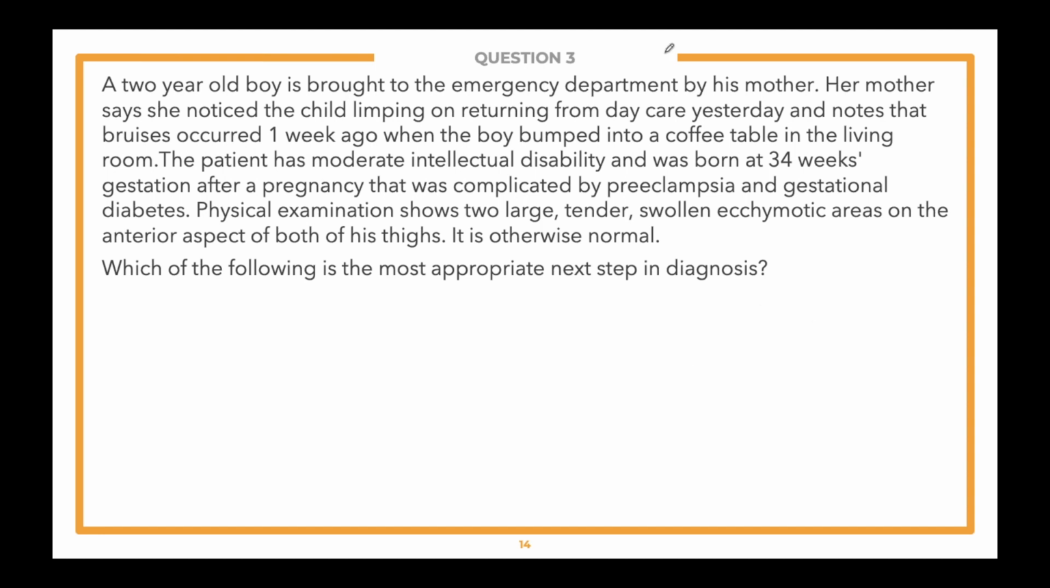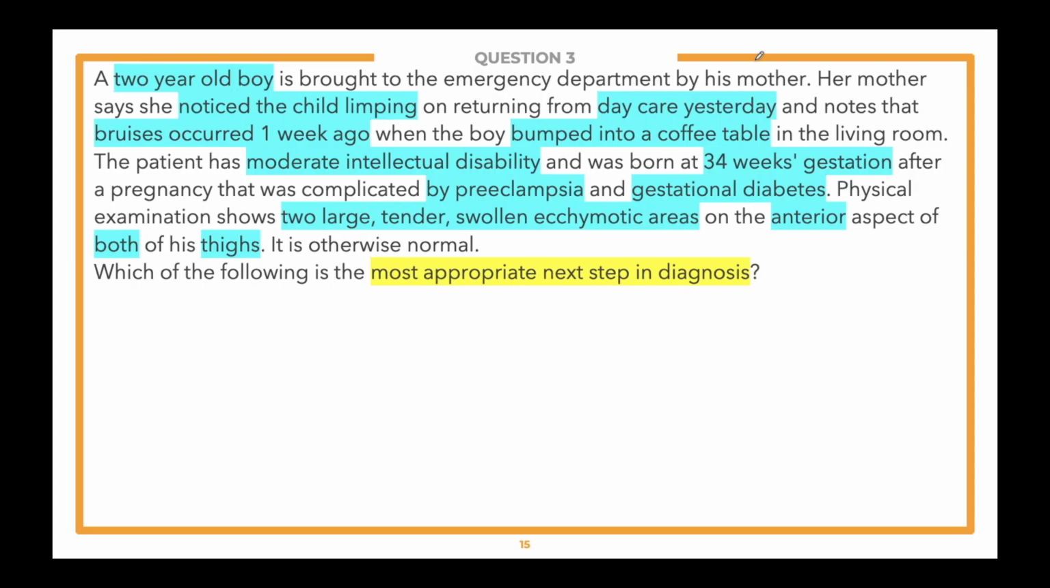Thank you, Sean. So we're going to go ahead and show you what we think are the important clues in this vignette and the lead-in. So now we've got a much younger patient. We've got a 2-year-old boy, so a nice pediatrics case, okay? And in this situation, he's brought to the ER for a couple things, limping after returning from daycare yesterday, okay? They also give us some more information about some bruising, bumping into a coffee table, intellectual disability, when he was born,